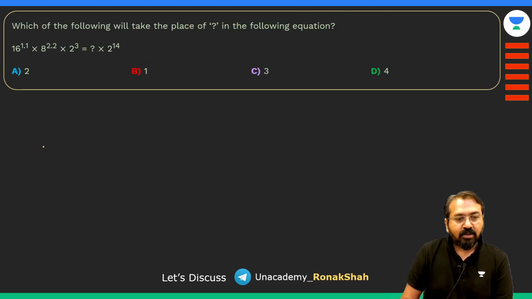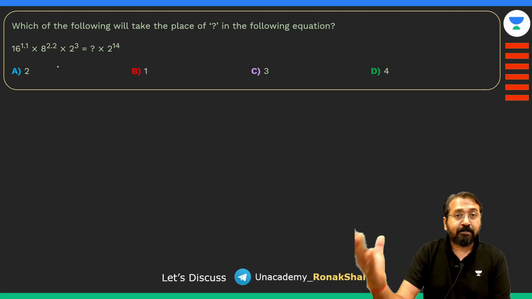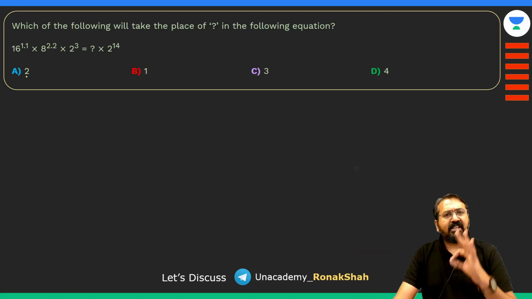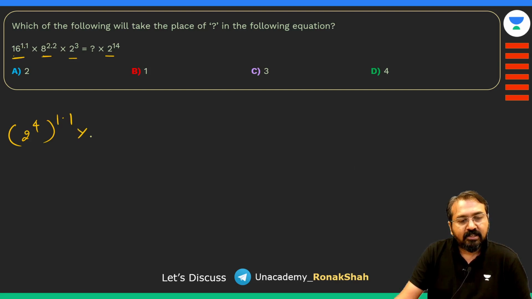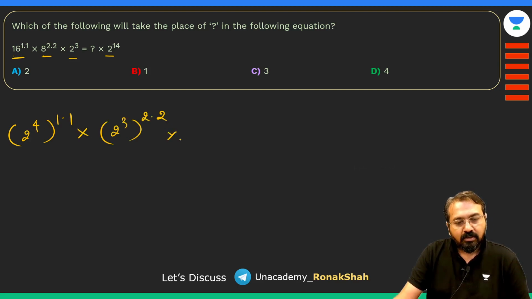Right, now let's look at one more question, and this is slightly different. This is more of a numbers, surds, indices question. So just think about the answer. If you want, you can pause the video over here, because this is a very easy question. You can always look at left hand side and right hand side, and we can convert them all in the base of 2. So 16 is nothing but 2 raised to 4 whole raised to 1.1. 8 is nothing but 2 cube whole raised to 2.2, into 2 raised to 3 is equal to, say, x